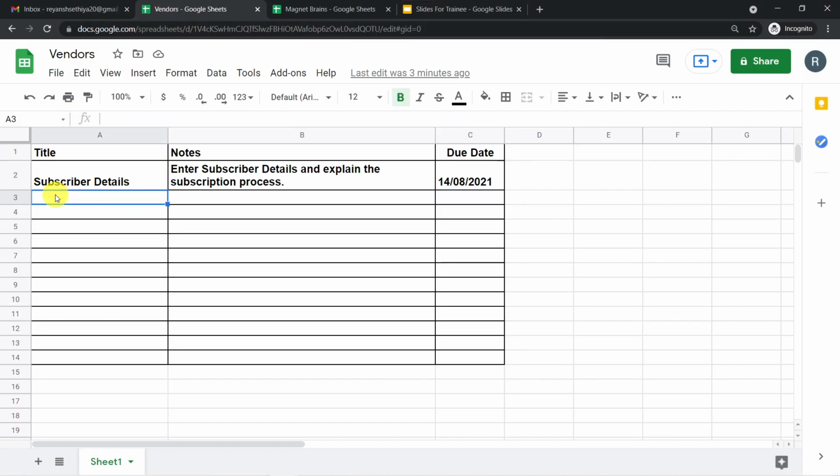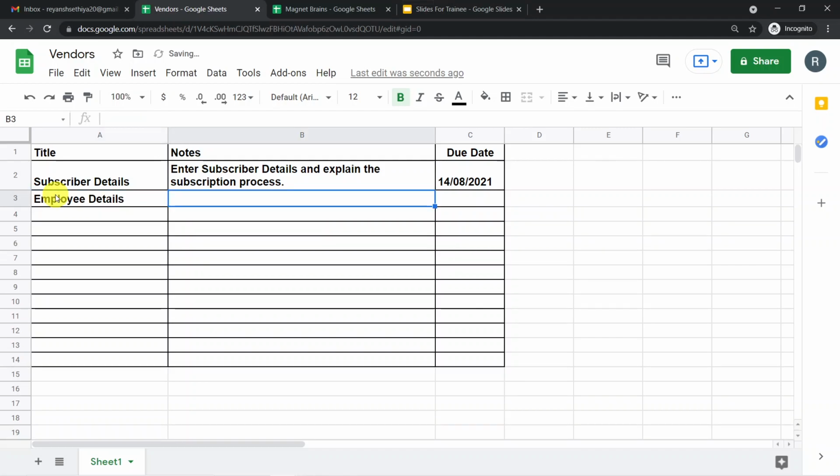So I'm going to create an entry over here. Let us say, employee details. Now in the notes I'm giving it as, enter the details of the new employees.